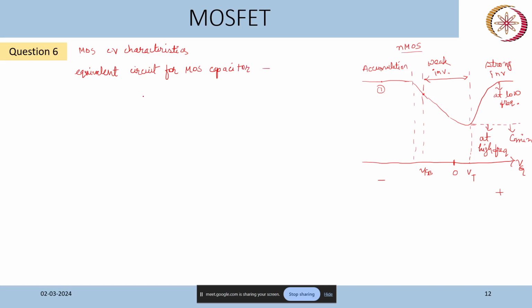So how it is given, we can consider there are two capacitances. Okay, first one is the Ci or COX, that is the oxide layer or the insulating layer capacitance. So these capacitances are generally described as capacitance per unit area. Okay, so in some books it is written as Ci, in some other books it is written as COX, but these are same. The oxide capacitance and the semiconductor capacitance, and the gate voltage is applied in between, VGS.